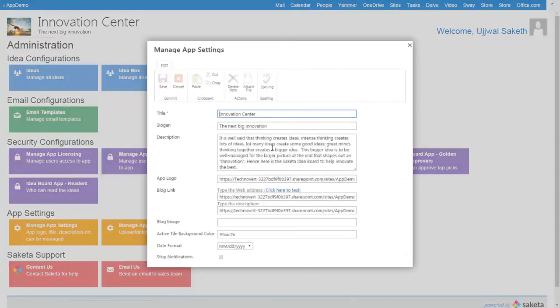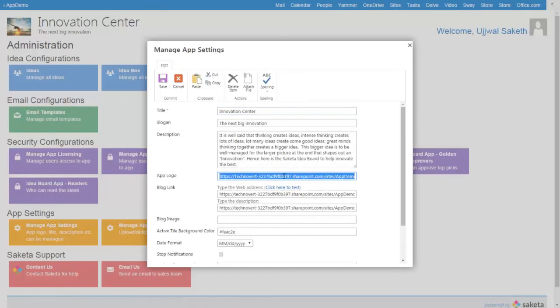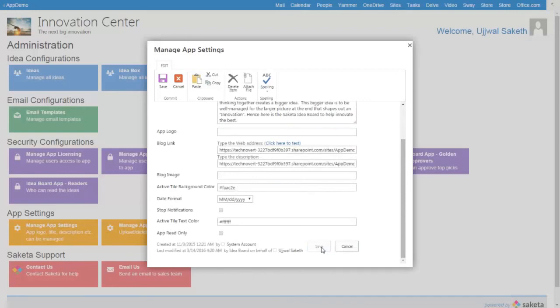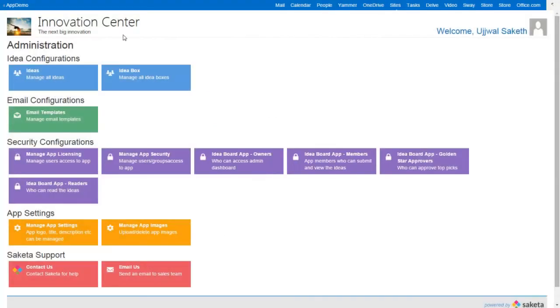Now if I want to remove that, I don't like this logo, all I have to do is delete this here, and let's revert this also. So now when we hit save and when we reload, it should be back to normal.